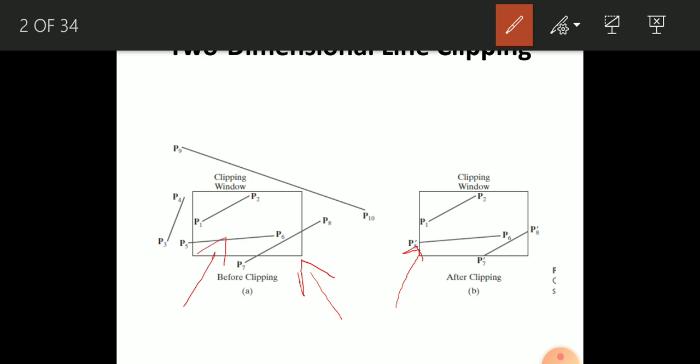Similarly, if you take another example of the line segment, which is P7 and P8, as you can see, P7 lies outside the clipping window, whereas P8 also lies outside the clipping window. In such a scenario, you are supposed to estimate the intersection point at both ends. For example, as shown in figure B, we have calculated the intersection point